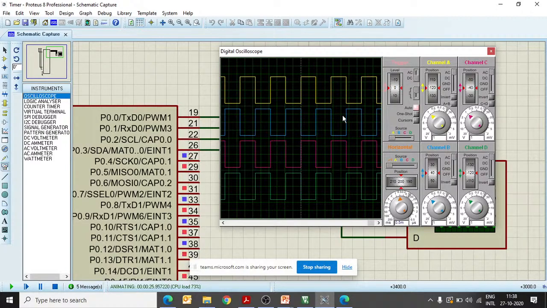Now for example, if you want to do a counting process, then we can use this pin as a counter input pin, and instead of the timer register being incremented by every PCLK, peripheral clock, in that situation the timer value will be incremented by external pulses, right, instead of internal peripheral clock pulses.